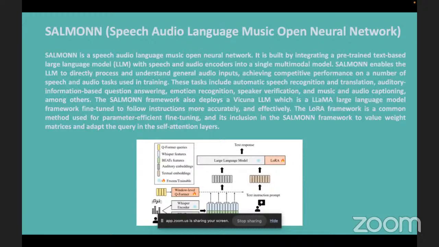The LoRA framework is a common method used for parameter efficient fine tuning, and it induces the weight matrix and adapts the